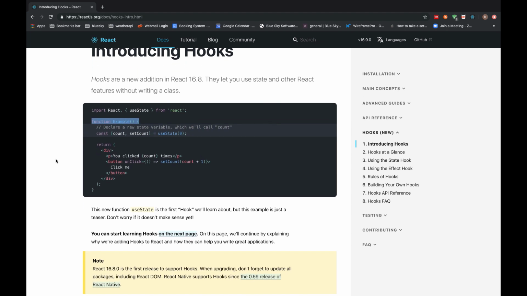Actually, in the old version of React, we used to use classes and we used to define a state object that was containing all the data. But in React hooks, we can't actually use the classes. Instead, React hooks introduced function based components, and there is something called useState that is used to control the